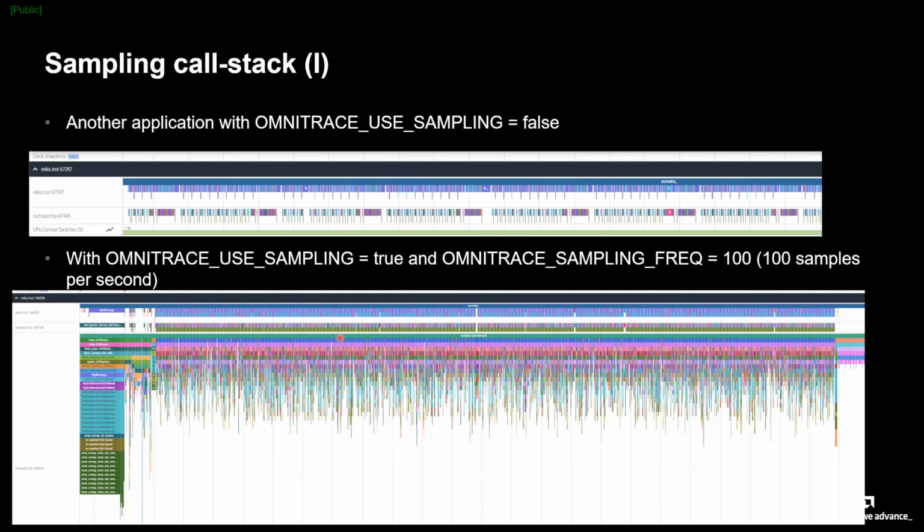I will zoom in also later. There is more information about the call stack. It takes a lot of information. If you zoom, you start seeing the full call stack and what happens. So this is quite nice to have information when you are not sure what's happening. It's something that I really like